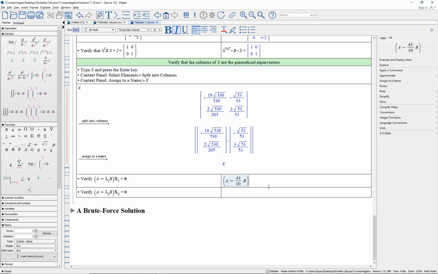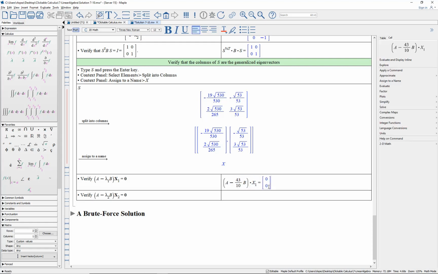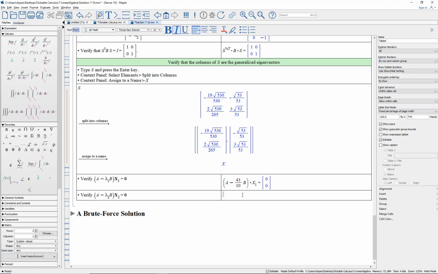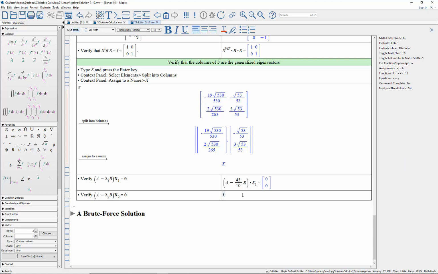And we want to multiply that, so period for multiplication, X1, 0 vector. And we do the same thing for the second eigenvector, A. Now that's minus 1. So minus and minus 1. When I just A plus B, it's a little simpler there, times a period there, X2,